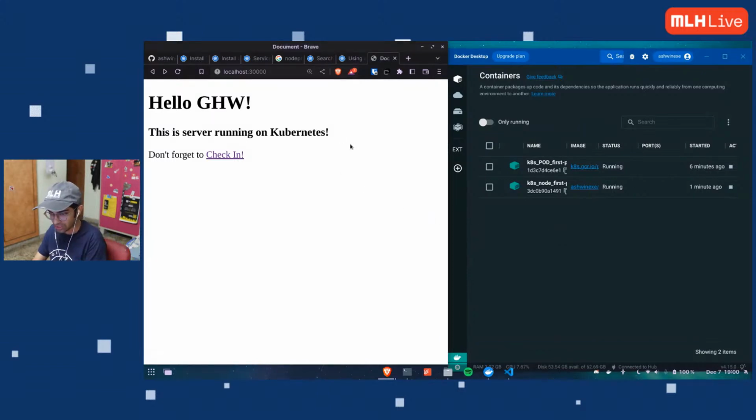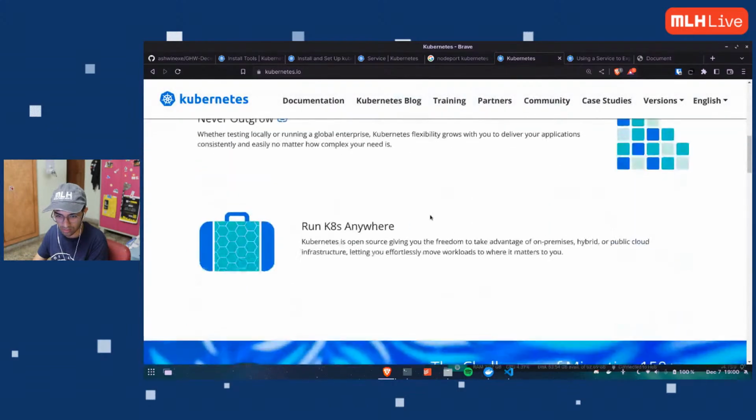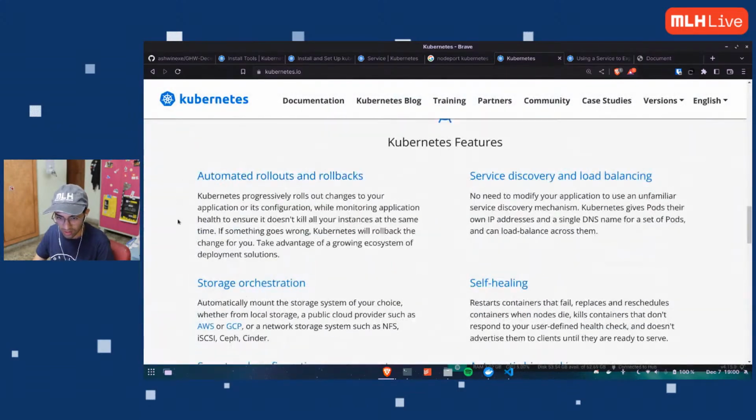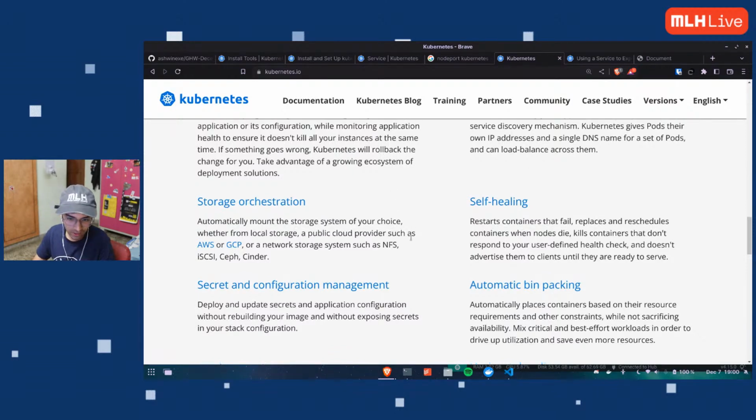There are a couple of features of this. So I just showed you one of that. Let me just show you again. If I go down here, what we just experienced was self-healing, but not the Kubernetes way. It was more of a Kubernetes default, but the real self-healing is kind of like this, but even more robust. We are going to experiment with that too.